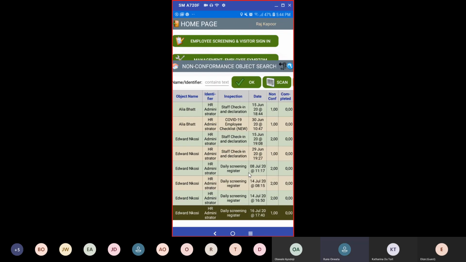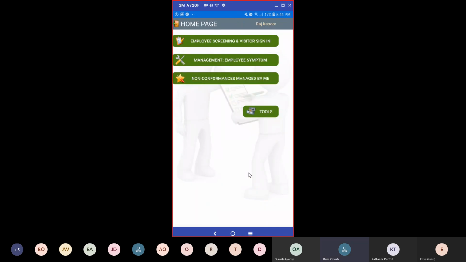This module also has the difference for different employees. It also has the search and the scan. It also has the history and details, so you have all the details of your employee. There's also the non-conformances managed by me. What that module does is, for example, an employee in HR is normally managed by the HOD of HR, but if he has been moved to sales, we need to be able to track him in sales. So if I click on this module,